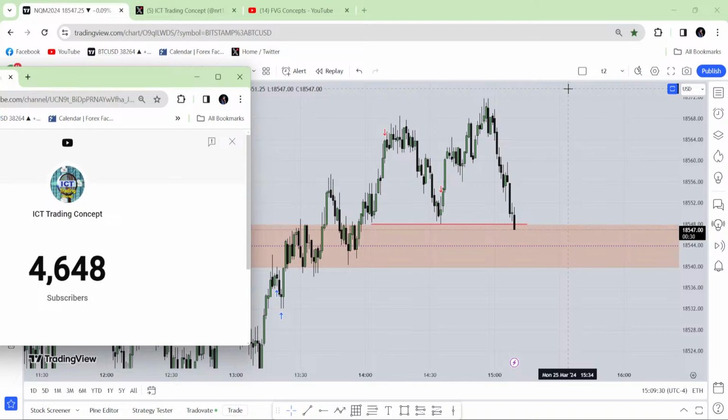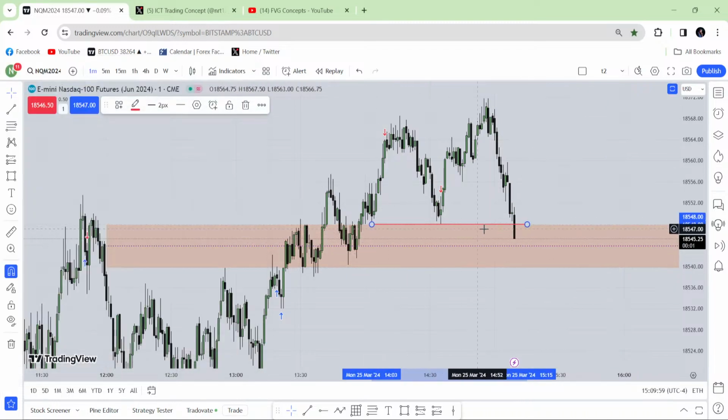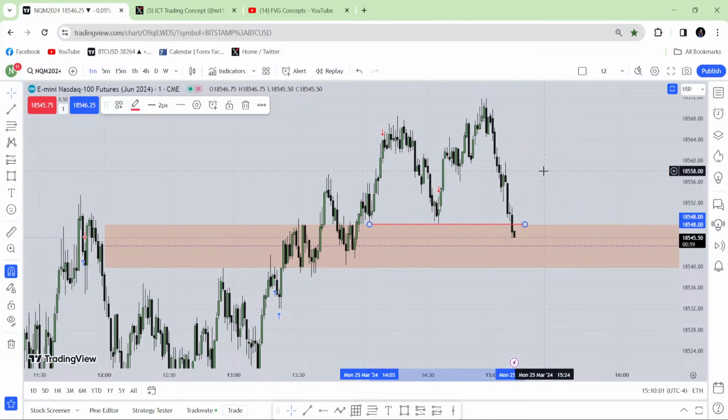And yeah, now it is inside the hourly fair value gap. Now is the time to look for a buy again. Am I going to push my button? No, I'm not going to, because I'm already more than profitable, more than I was expecting. I already got a lot of profit from today. So I'm not interested in taking any other entry, but here I will start to look for a buy entry again. If the market breaks that fair value gap and keeps going lower, I'm not interested in taking anything over there. All I'm interested in is taking a buy. Why did the market take that low? Because that was obvious liquidity. Simple.